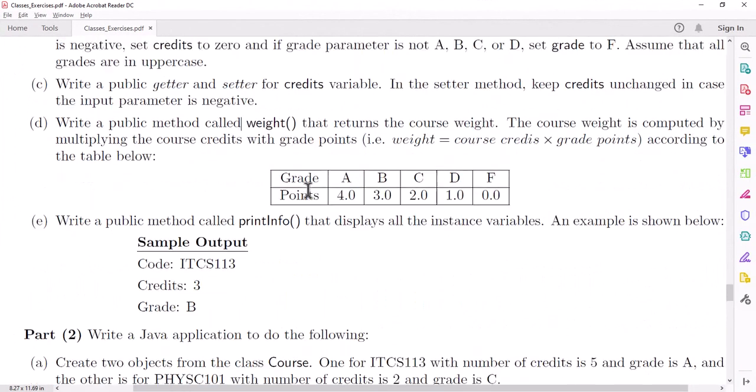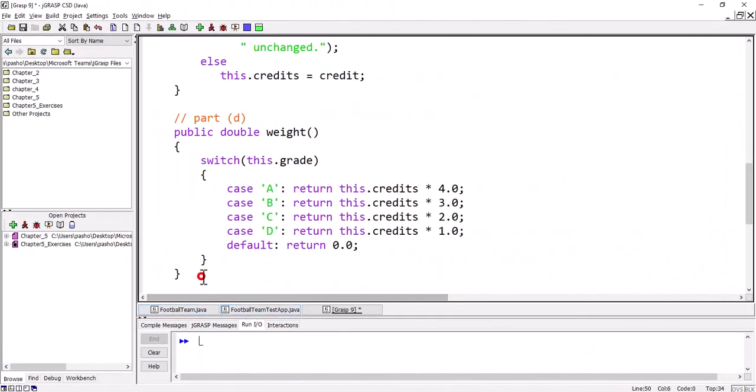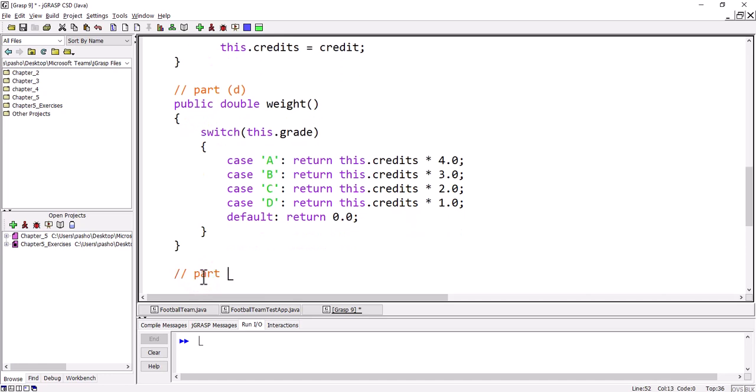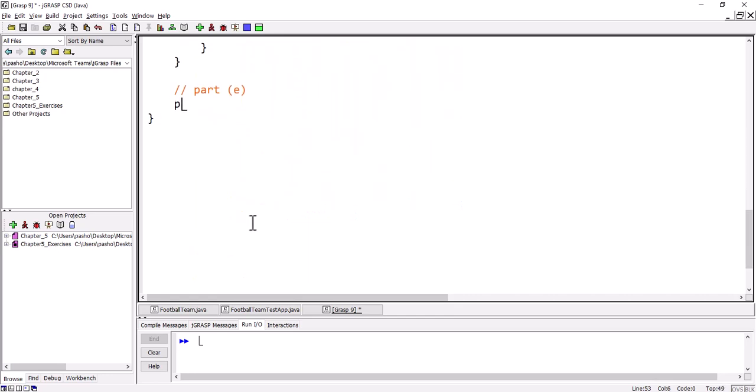For part E, it says write a public method called printInfo that displays all the instance variables. So this method will simply print, as an example, the code, the number of credits, and the grade. So here we will have part E, which is a printing, and since it is a printing, it will most probably be void, it does not return any value, just a print, and it is called printInfo. And since it is going to print the information inside the class, it does not need any input parameter